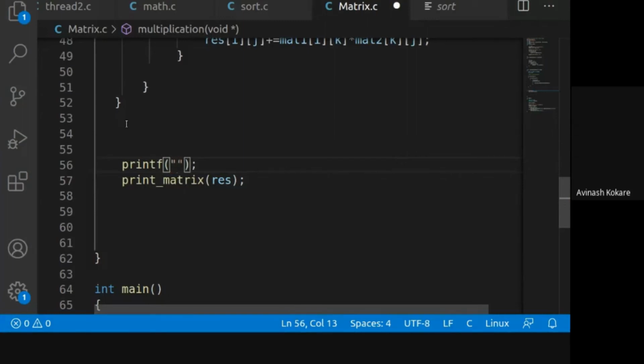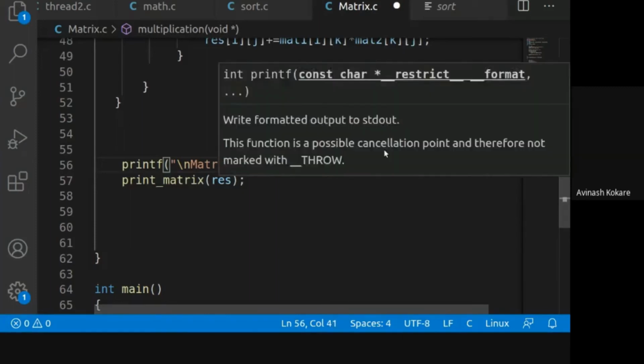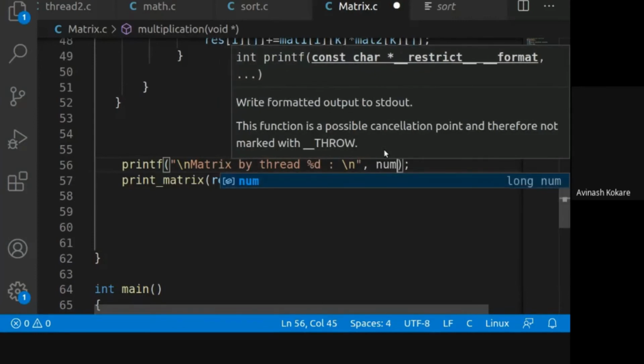Printf, \n matrix by thread %d, and here print the value of %d as num.